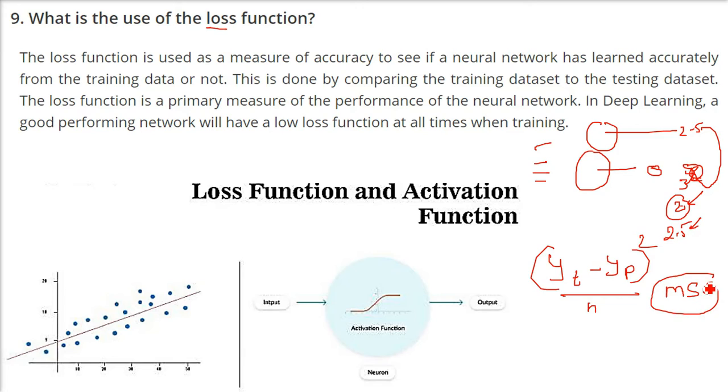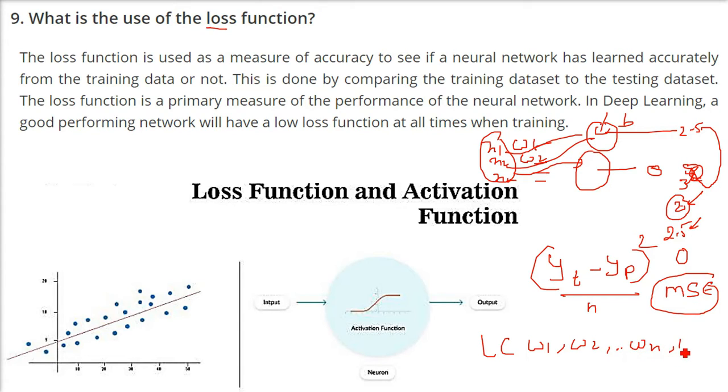But now you need to get this mean squared error to 0. What will you do? x1, x2 you cannot change. You can only change the weights or the biases. So now you have to change the weights. So you have to write a loss function. That is, you have weights, x, the input value you cannot change. That is already there. Weights you have by yourself chosen. The biases you have chosen. So W1 to Wn and B1 to Bn. These are all the variables that you have to deal with in a loss function. So this is called a loss function.